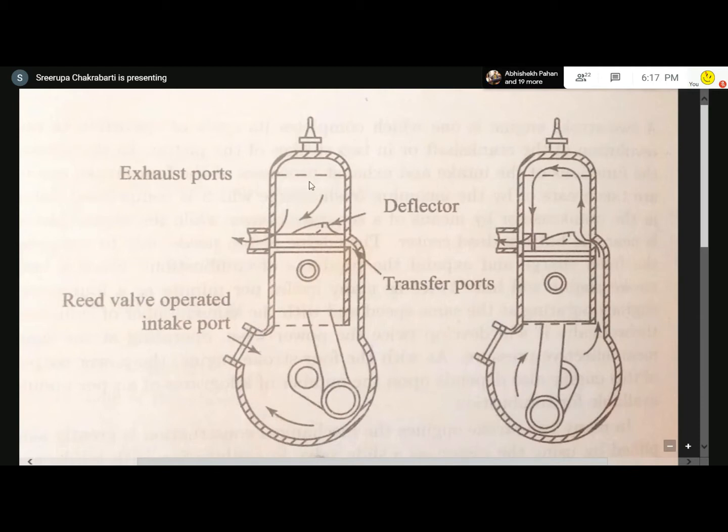Here you can see in this type of two-stroke engine, we do not have any valves. In the four-stroke engines, we had the suction valve and the discharge valve. So the poppet type valves are there. So unlike in a four-stroke engine, where we have two valves, the suction and the discharge valve, two openings are